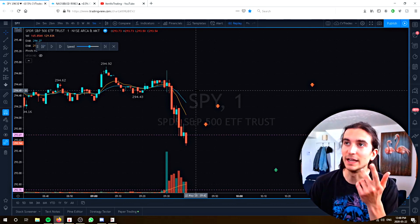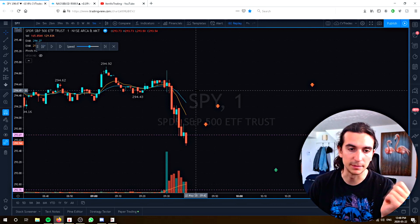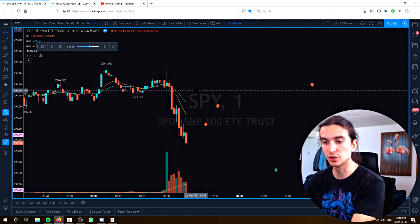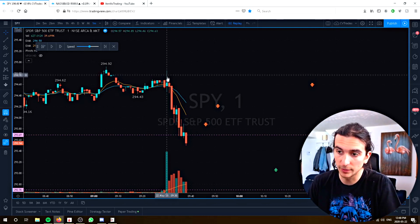The thing is, it's tricky, and I've always found it tricky so far to grab momentum off of the open, because we know that there's a lot of fake outs off the open. You can see a move down and then I move back up, squeeze shorts, and then I move back down. Anything can happen essentially, but we got a little pop off the open and then we started to